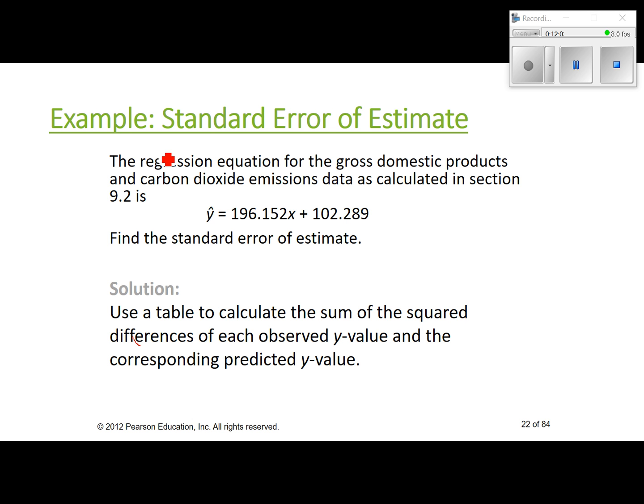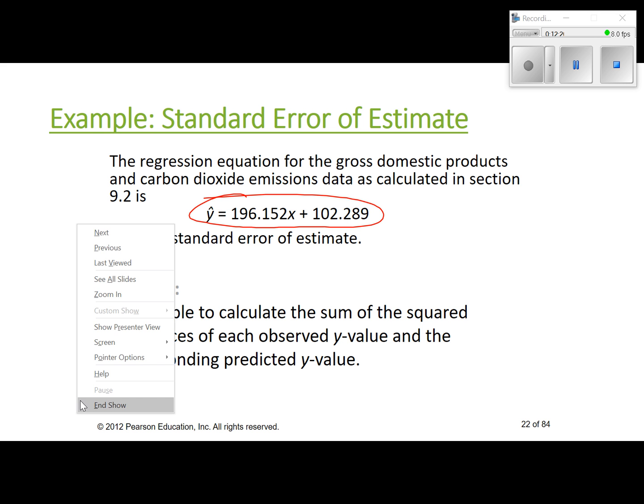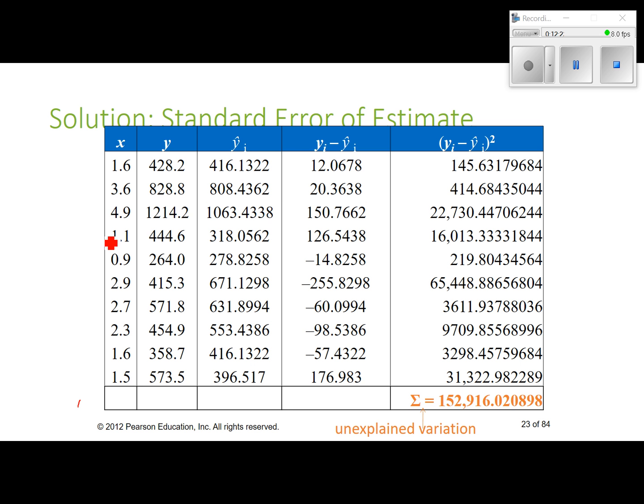So it says regression equation for the gross domestic products and carbon dioxide emissions. We already did this, and we came up on one of the other videos with this equation for our regression line. Find the standard error of estimate. We're going to use a table. When we use that table, this is what the table looks like. We got all our x's in this column, all our y's in this column,